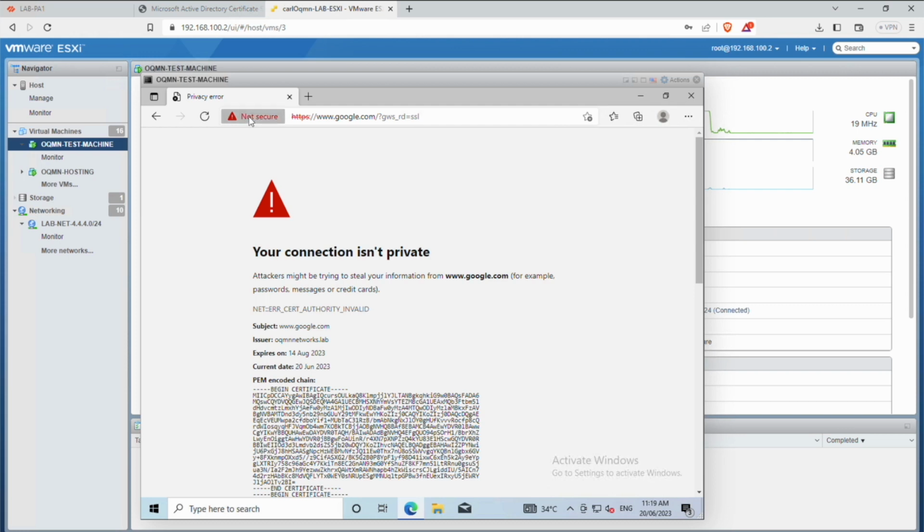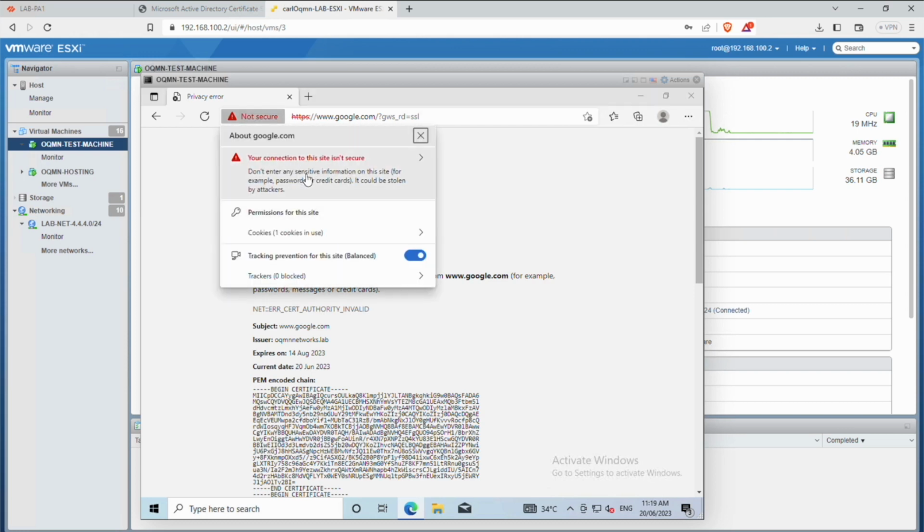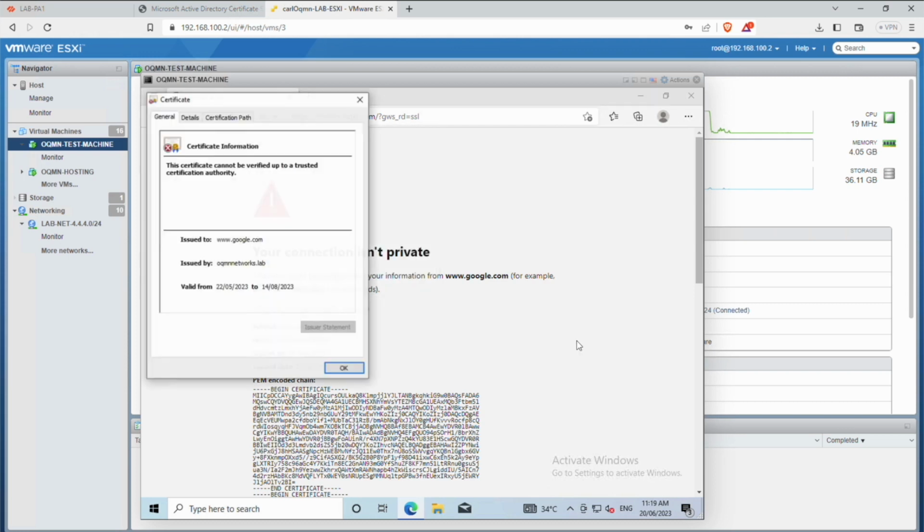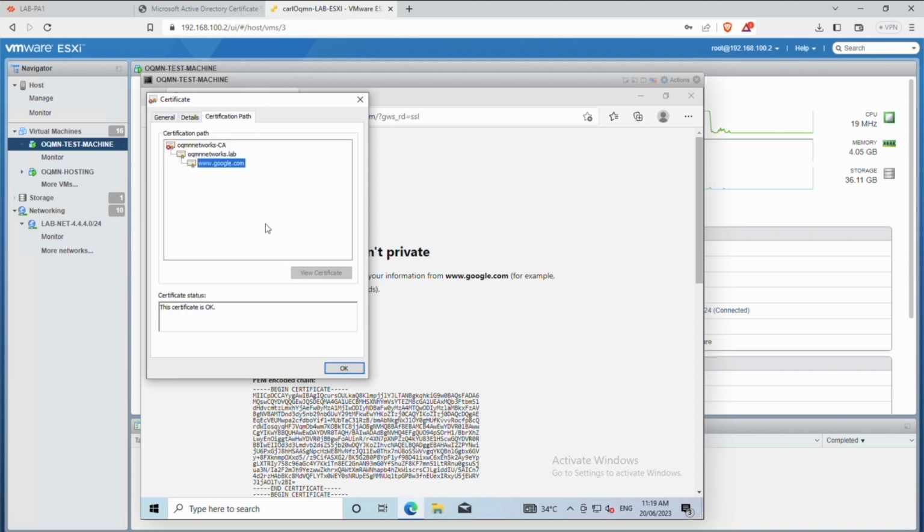So if I click not secure and open the certificate, I'm able to see, okay, that the google.com is now being signed by my subordinate certificate authority. However, my root CA is not yet installed on my machine. Okay, so what they're doing is, since you see on an organization,